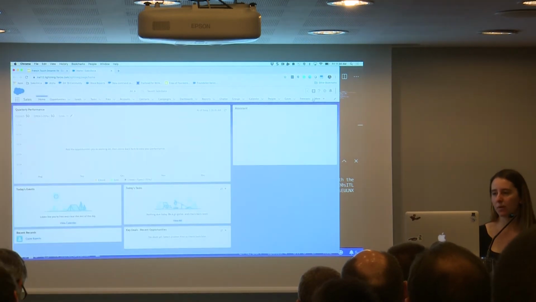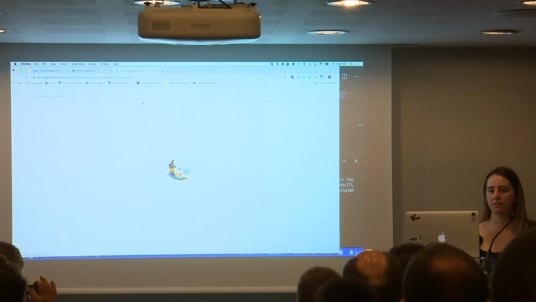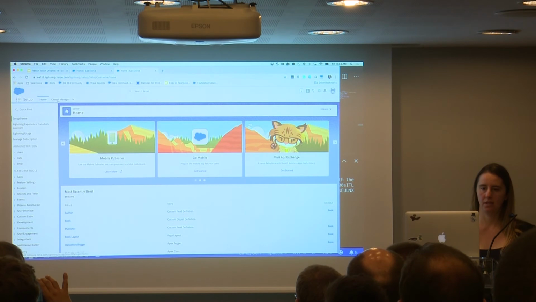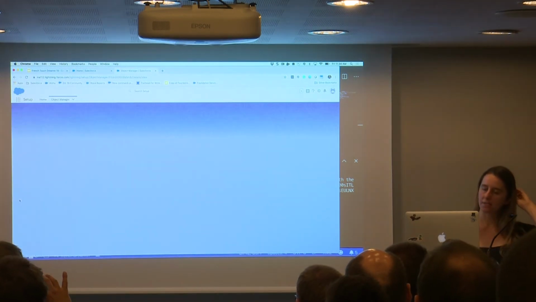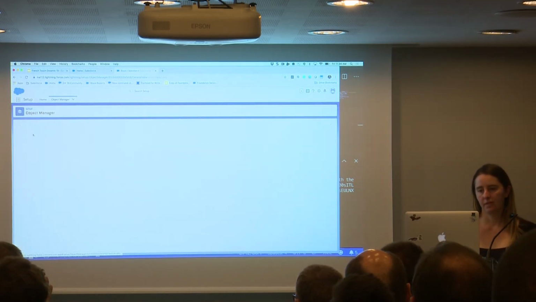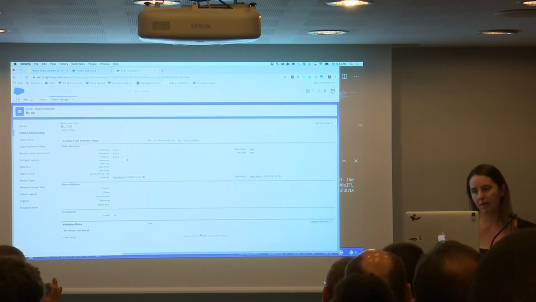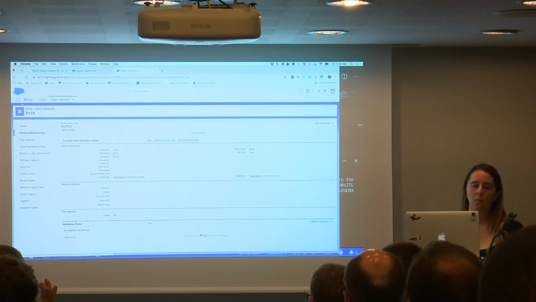All right, so here's my org. We'll go to setup. Let's see if that change has made it all the way to my object. So here's my book custom object, and here is that field. And you'll notice now it's 100 as opposed to 80. But if we go back